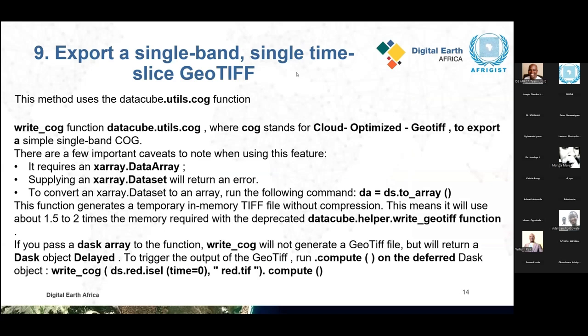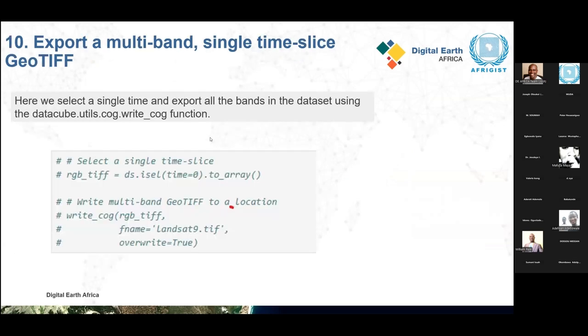We export a single band time slice GeoTIFF. We will write it using the datacube.utils.cog, and the parameters and the specification are indicated on the notebook. When we export a multiple band single time slice GeoTIFF,